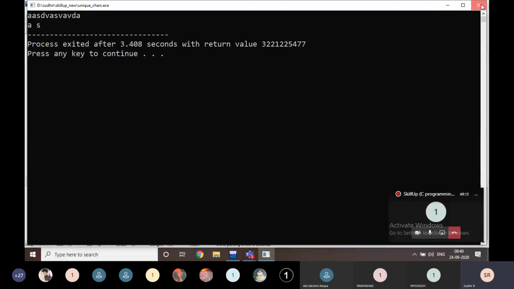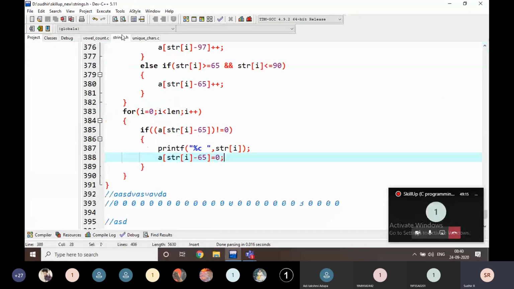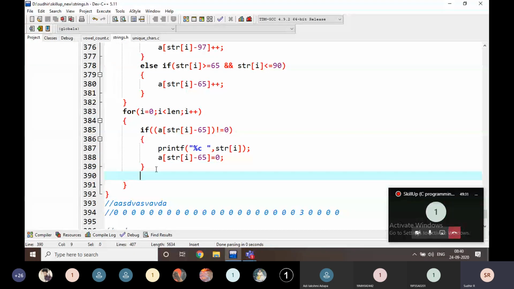Any errors here? It is not equal to 0. What happens here? Printf percent d. I am going to write percent c, str of i.